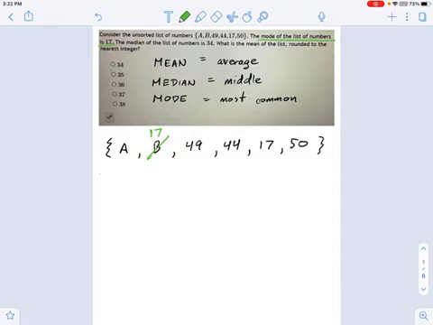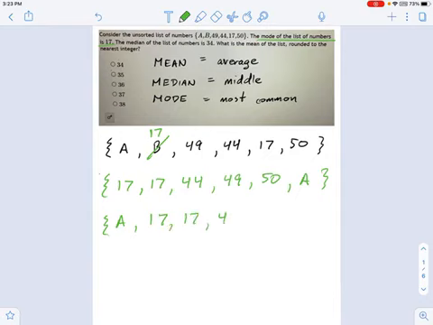Now what I want you to do is reorganize this list in order this time. So 17, another 17, and then 44, 49, 50, and there's this number A, which I'm not really sure where that goes. It could be over here, it could be in the middle, it could be on the left. Actually, let's write all three possibilities here. There's one possibility: here's A if it's small, like maybe A is 10. Who knows? Then we would have something like this.